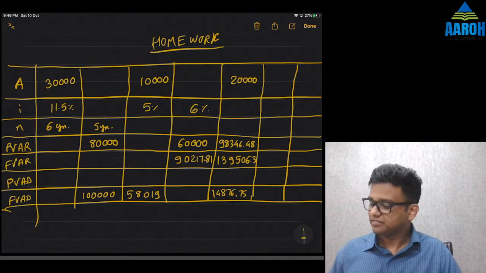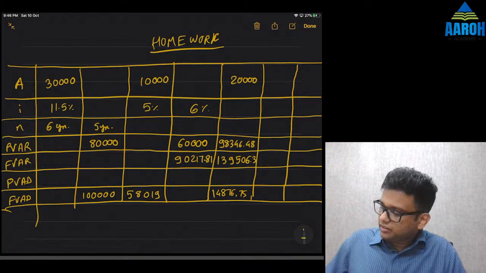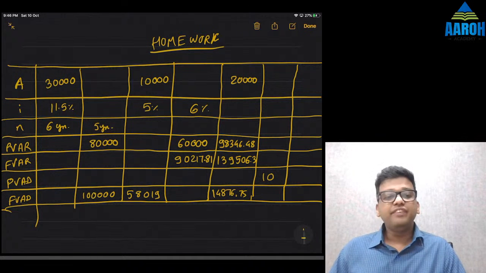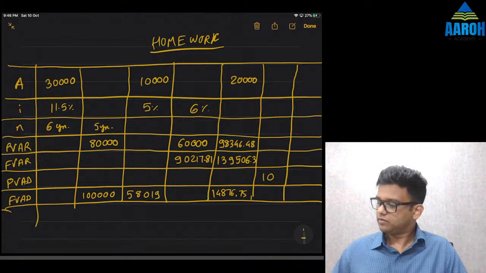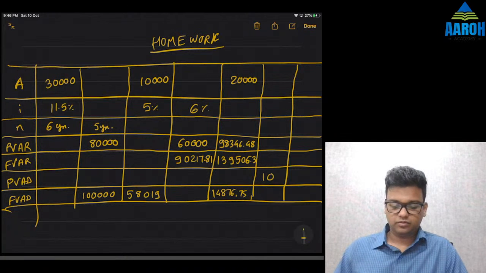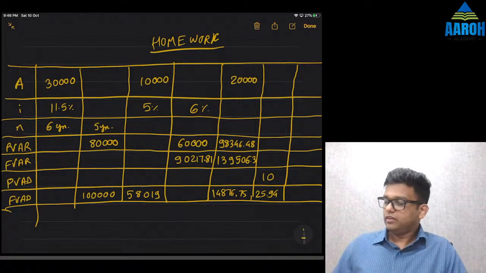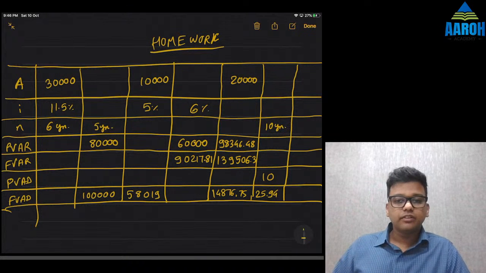Let's see. Let's say PVAD is rupees 10. FVAD is rupees 25.94. Interest rate, N is 10 years. You have to find remaining 4. And last,